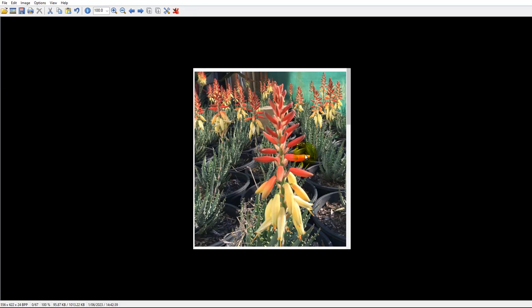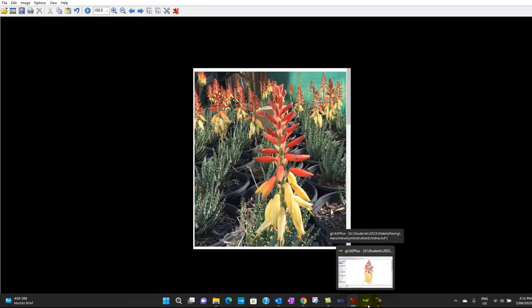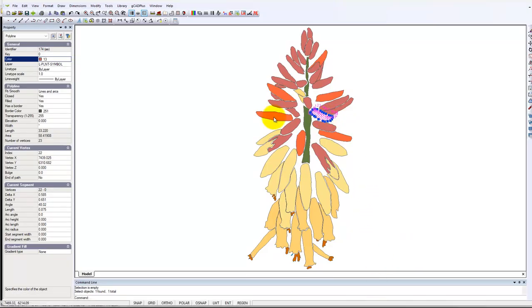orangey sort of colour. All I need to do is move my mouse over it and just hold the mouse down. And let's try that again. And I hope you can see at the top of the screen, and it's 219, 44, 42. That's found up in that area there. So what we should be able to do is, there it's slightly different. It's 249, 69, 68. So if we come back to gCADPlus and we want to set the new colour for that